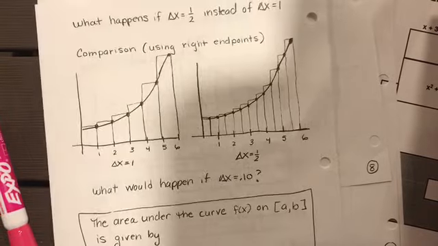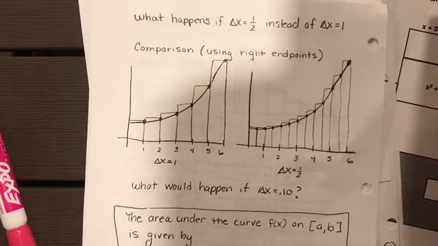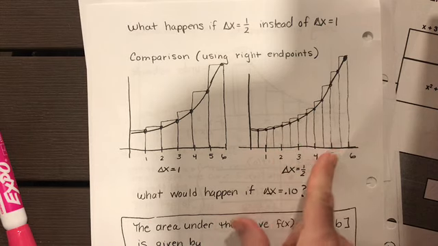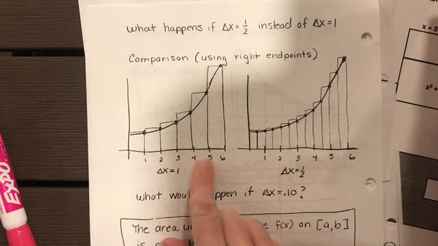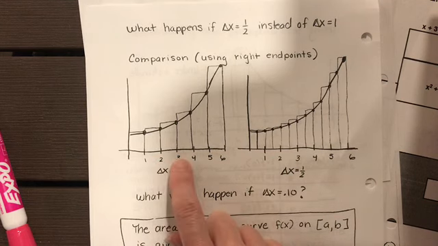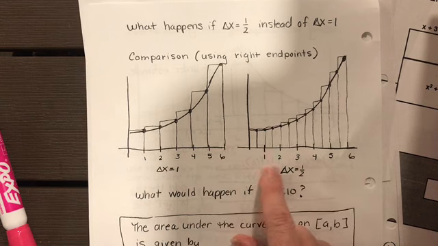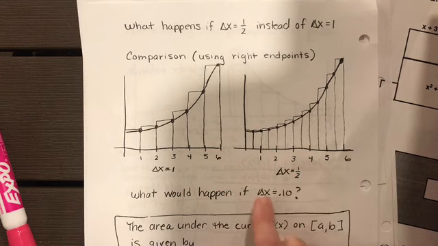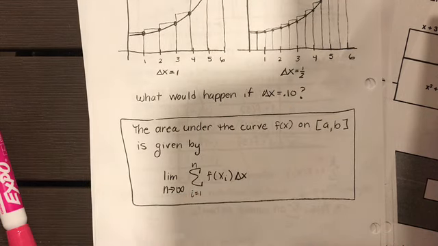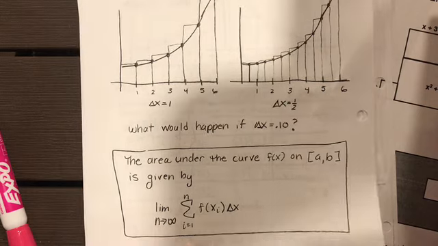Here's page 4. You don't have to calculate anything on page 4, but it just gets you thinking, and you can clearly see the skinnier your rectangles get, the more accurate a description of the area under the curve we're going to get. Here the change in X, all the rectangles are 1 unit apart. Here they're all half a unit apart. What would happen if they were all just 1/10 of a unit apart? And that leads into this formula that we talked about on pages 2 and 3. What I want to spend the most time